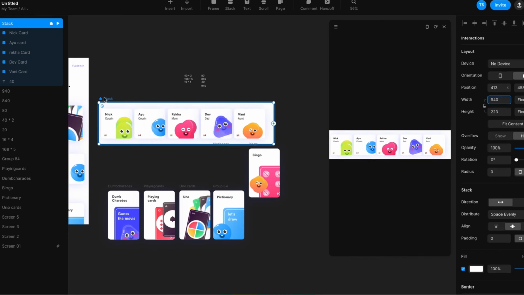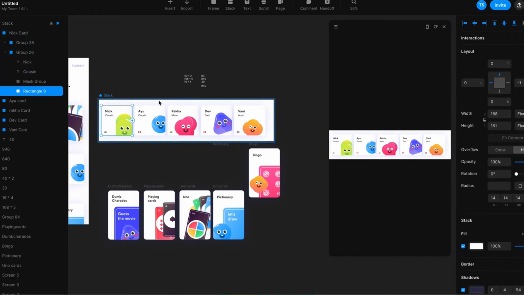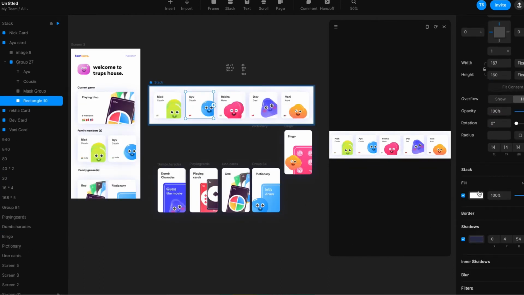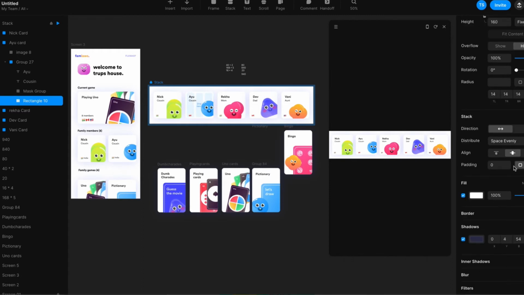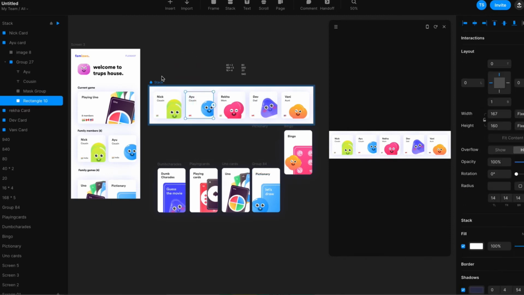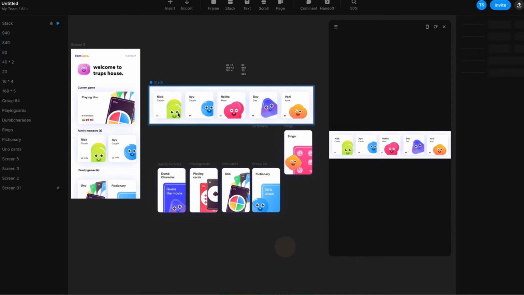And then we're also going to do something on the top and the bottom. The top and the bottom size is 160 for each card. We're going to select 160, and then if you go to the stack area, you can see the stack and everything is spaced evenly. So I'm going to select the stack area. The direction is selected to be horizontal. They're spaced evenly.